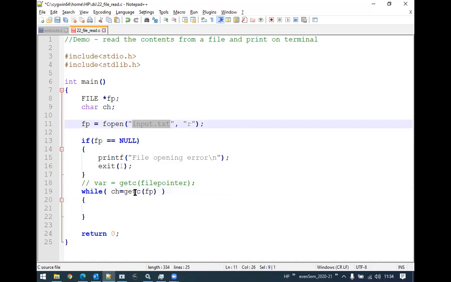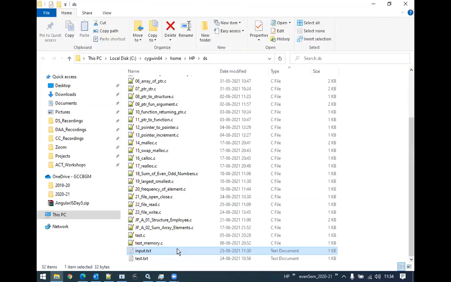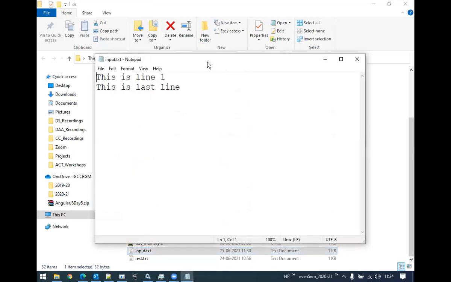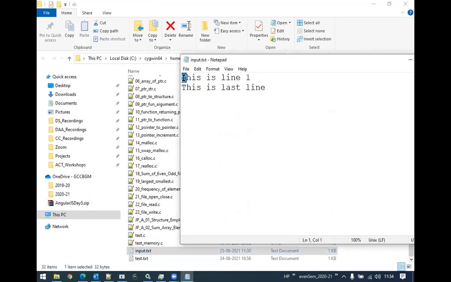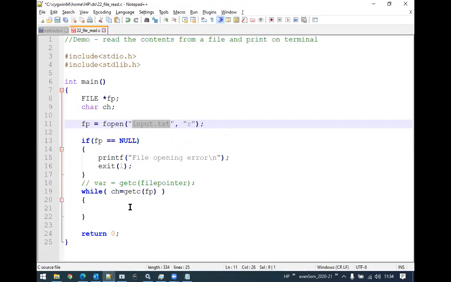Since I'm reading it for the first time, let me open the file here. Since I'm reading it for the first time, first this T will be read. That T, now I need to check. I don't know whether it is a T or the end of the file or any other character, right? There is a possibility that there are no characters in the file, so the first character itself is the end of the file.